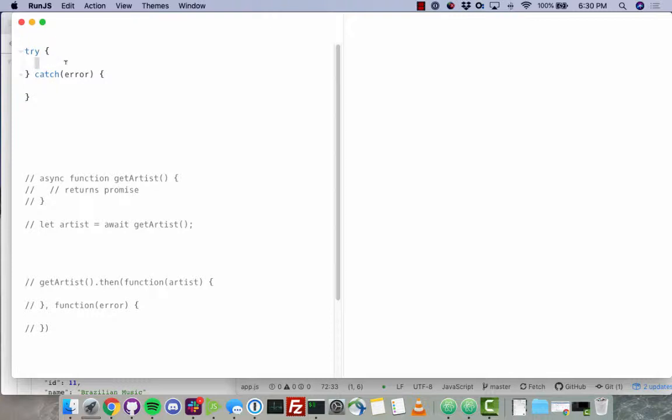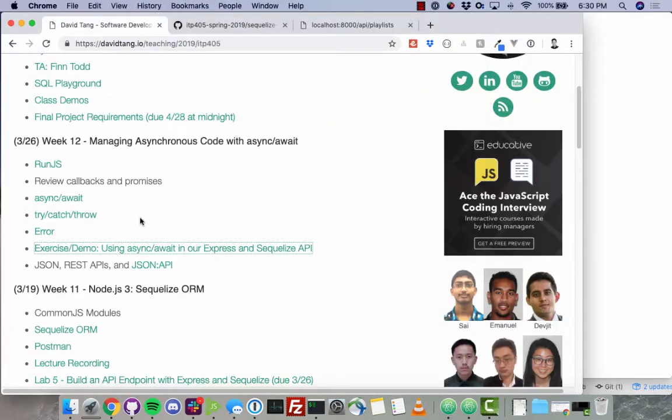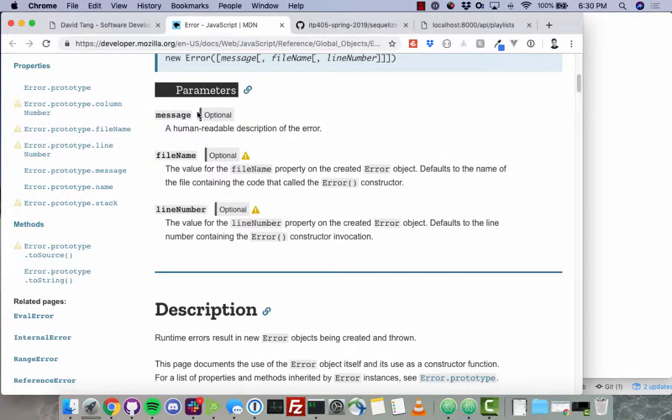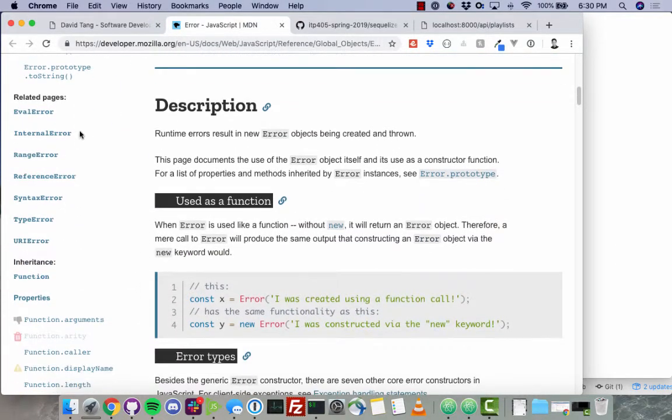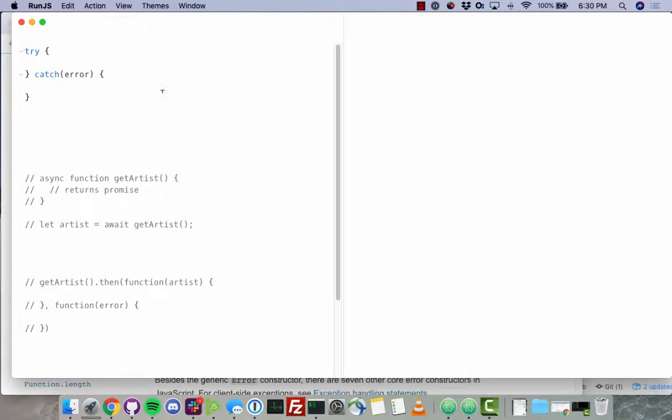There's a lot of different types of errors built into the browser, and I think I put a link to it under week 12. If you click on this error, there are a few different types of errors that can get thrown. If you scroll down a little bit, you'll see eval error or range error or reference error. And one common thing that